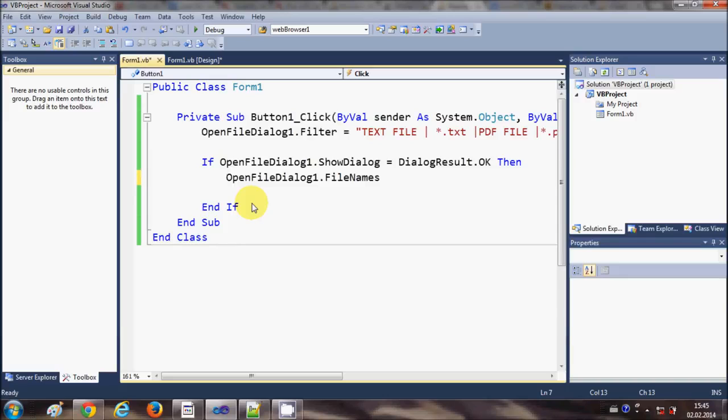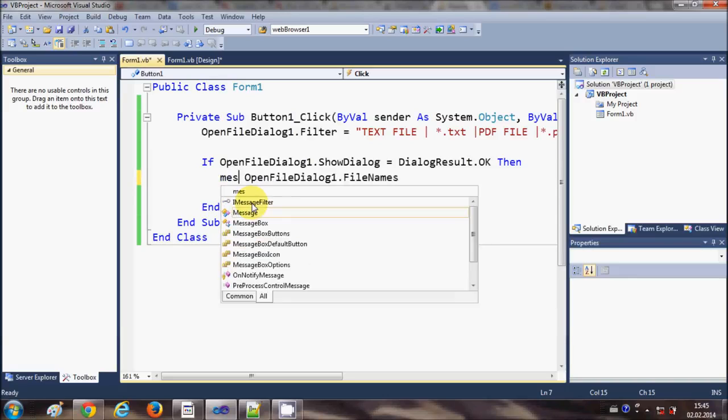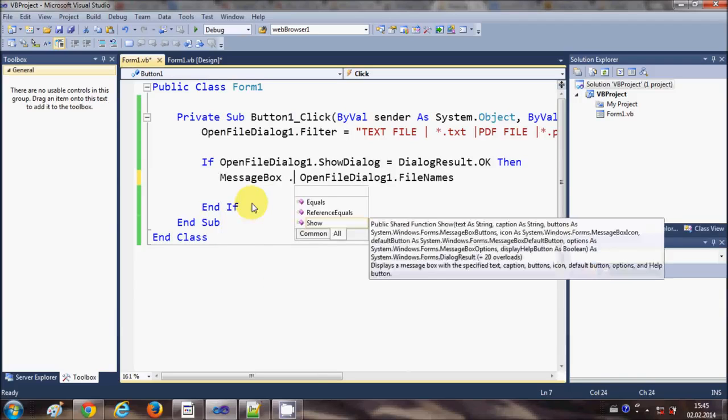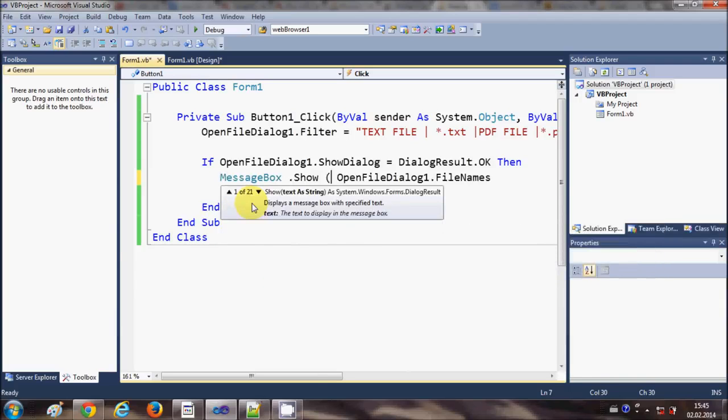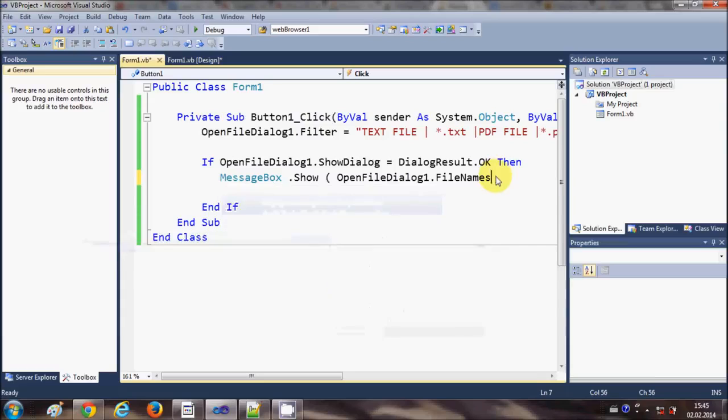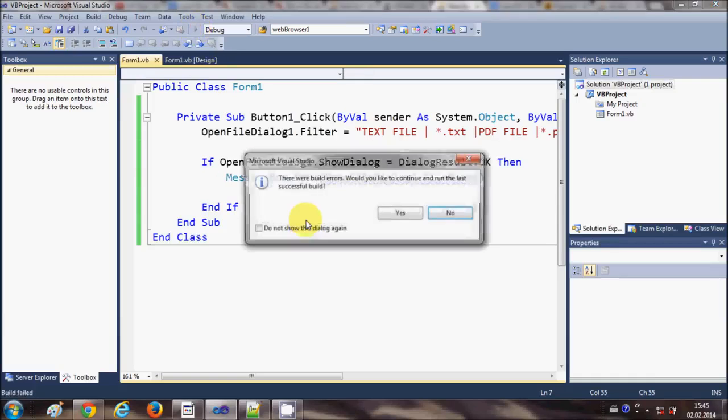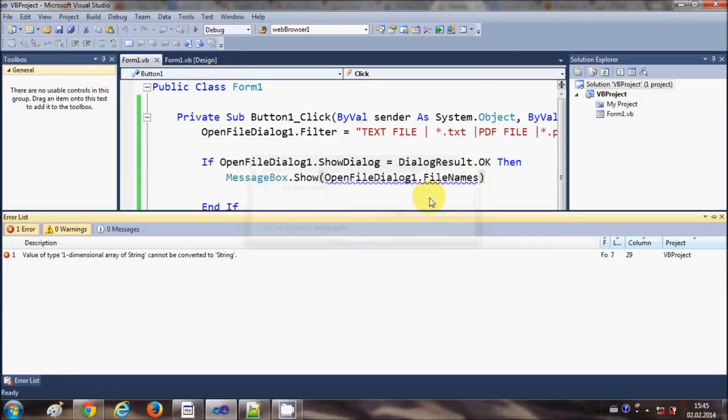So let's make a message box. I will create a MessageBox.Show, and in the message box we will give all the files which we have selected. And now when I run the program,